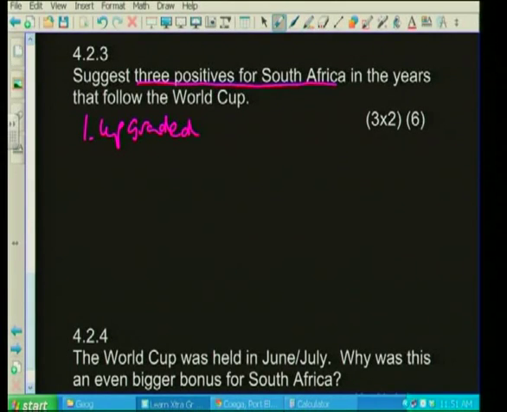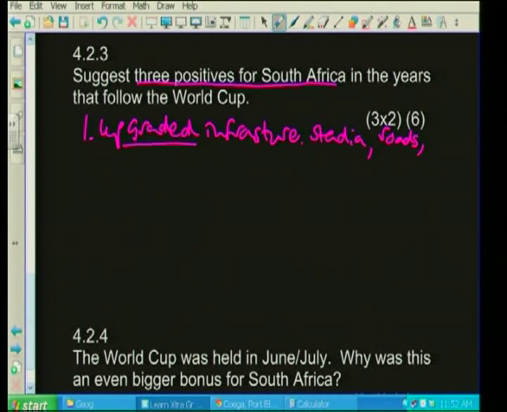So for 6 marks here, what are we going to say for 4.2.3? What 3 things were good for South Africa after the World Cup had finished and gone? First of all, we had all this beautifully upgraded infrastructure, right? How many different stadiums? I can't remember the number now. They were all rebuilt or revamped or upgraded. So we had infrastructure like stadia,